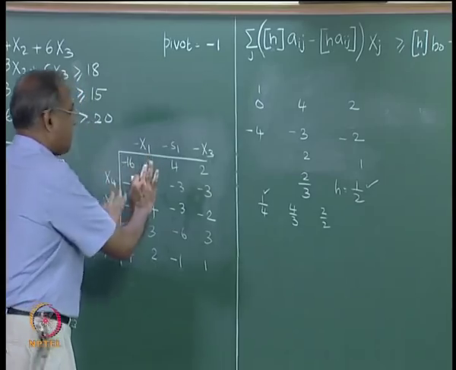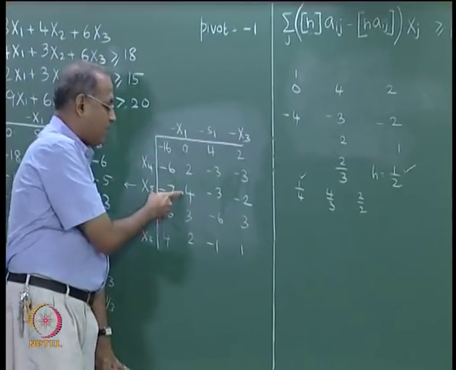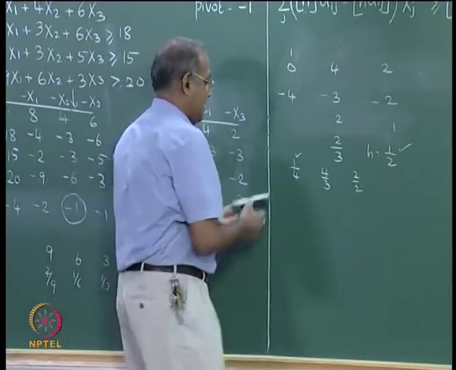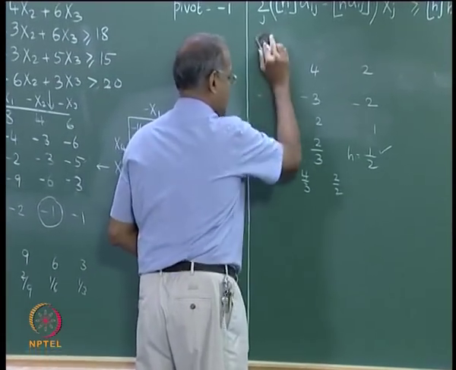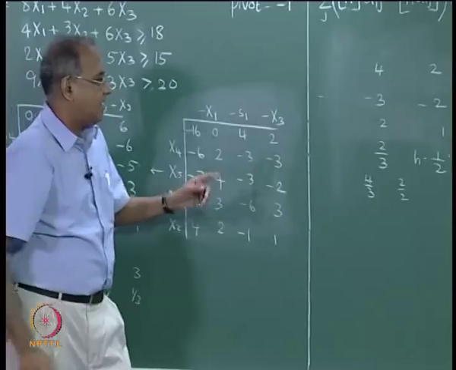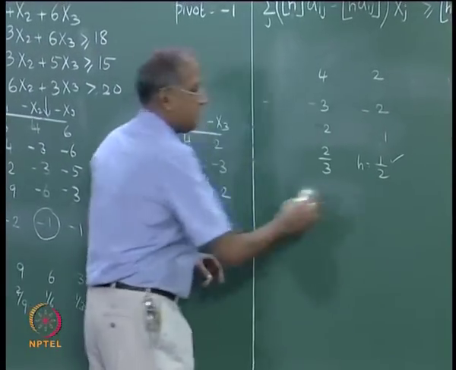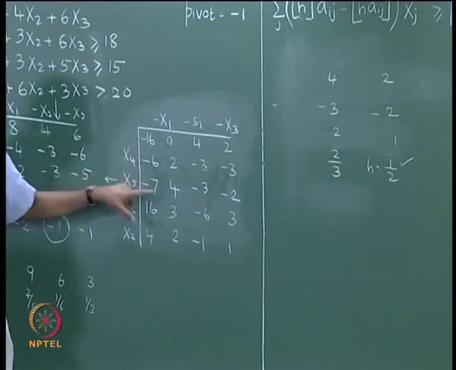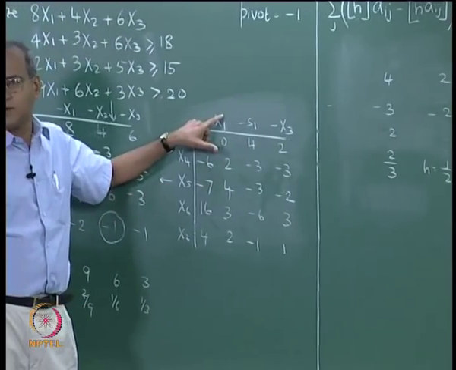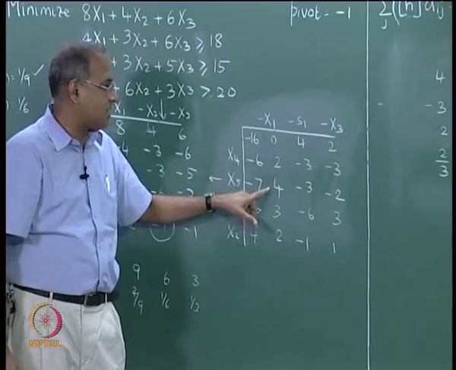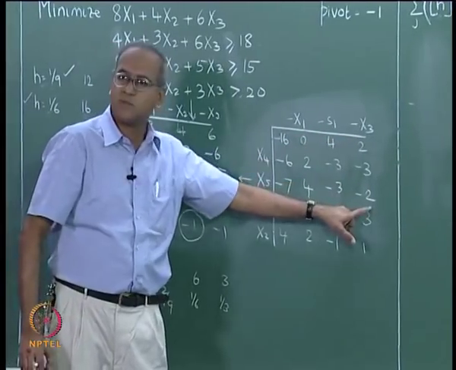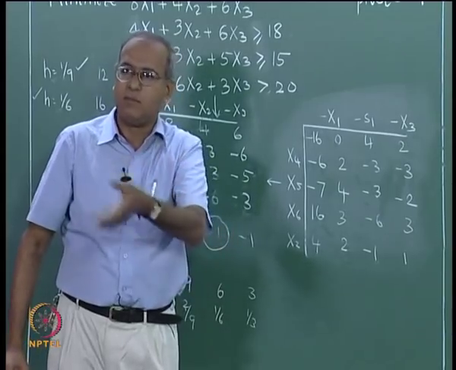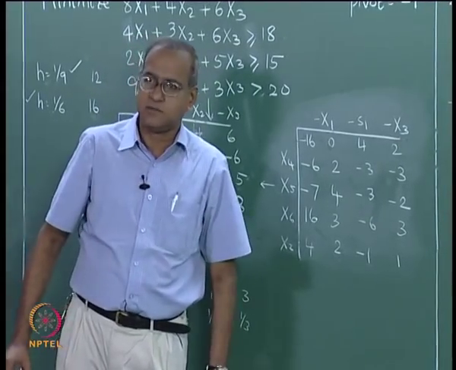Of course, in this example it is not applicable because we have a positive number here. We would take only these negatives. As I said, this will not come. For this particular example, h will be equal to 1 by 2 and we can proceed. I was looking at a case when we had a negative here as well as a 0 here, then 1 by something, 4 by something, 2 by something. So, this 1 by something will be smaller and therefore, it will give the corresponding value of h.